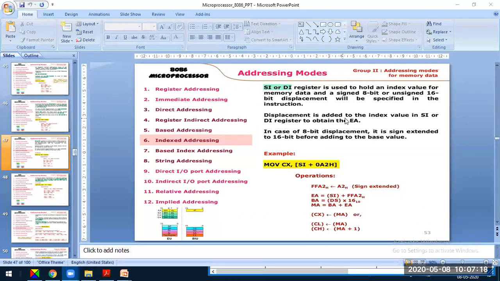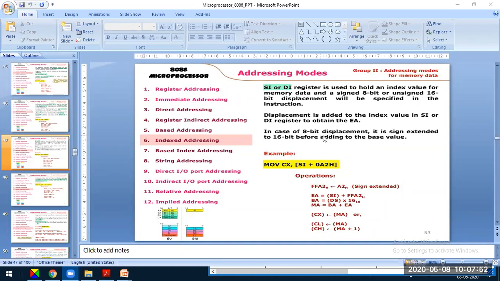The displacement is added to the index value in the SI or DI register to obtain the effective address. So the effective address is the sum of the content of SI or DI plus the 8-bit signed or 16-bit unsigned displacement, which is used along with the segment register to generate the 20-bit physical address. In case of 8-bit displacement, it is sign extended to 16-bit before adding to the base value.